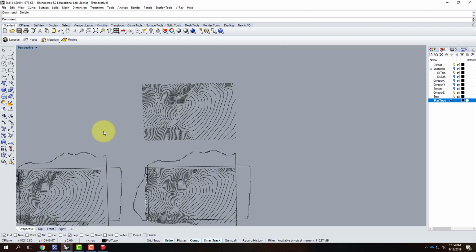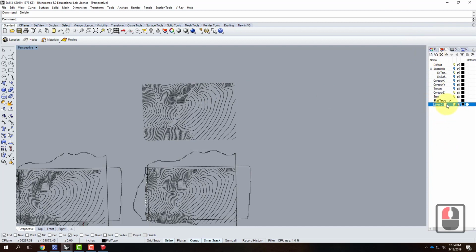And so what we're going to do is it's kind of like shuffling a deck of cards. We're going to cut every other contour as we do it, and then we'll make a second copy of these contours and cut the opposite. So there'll be an engrave line and a cut line. So I'm going to start here,